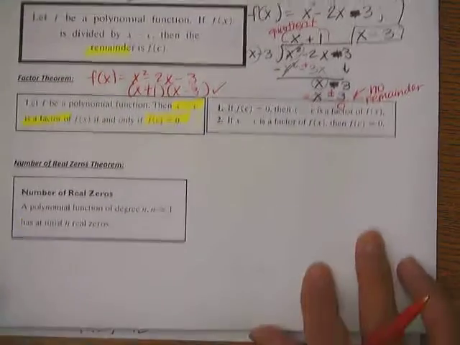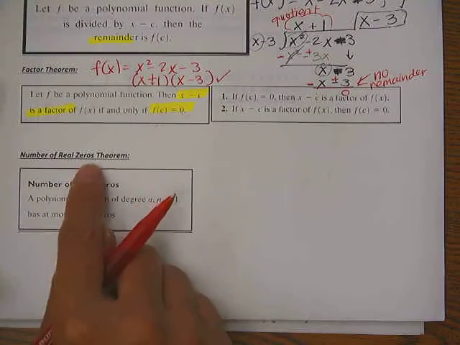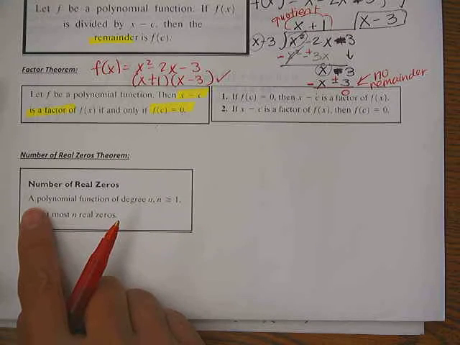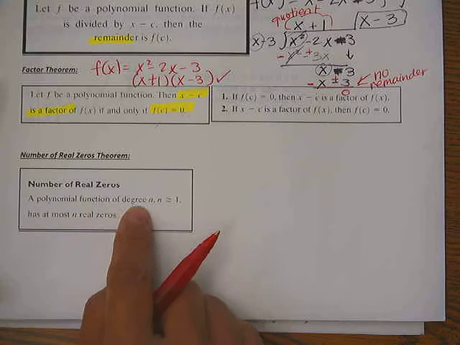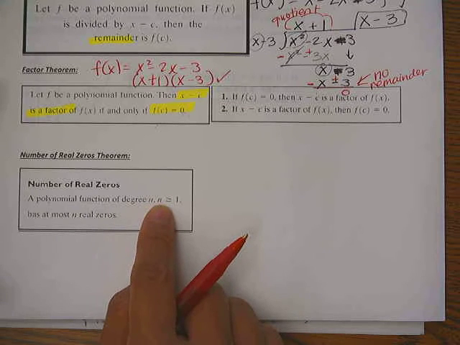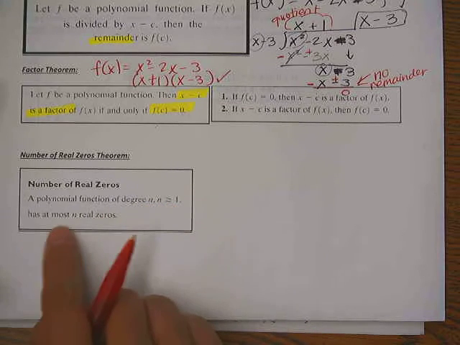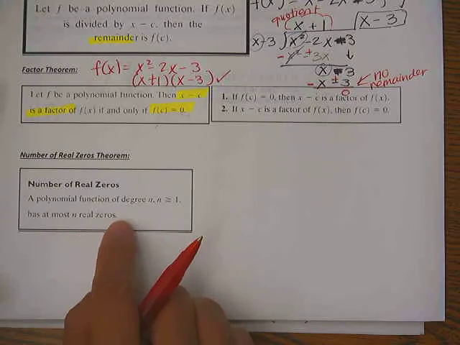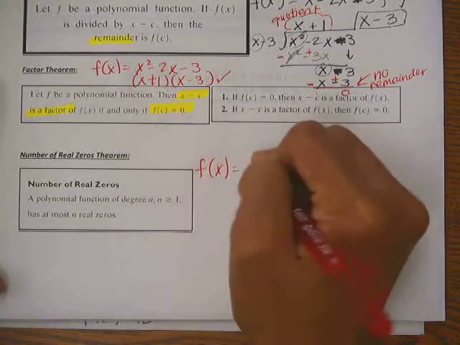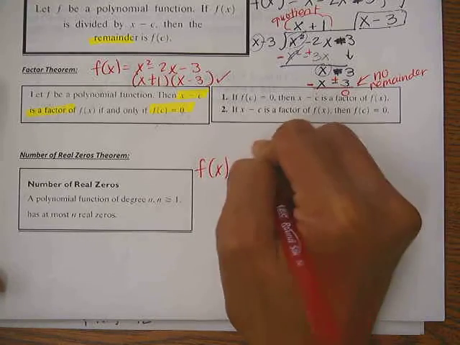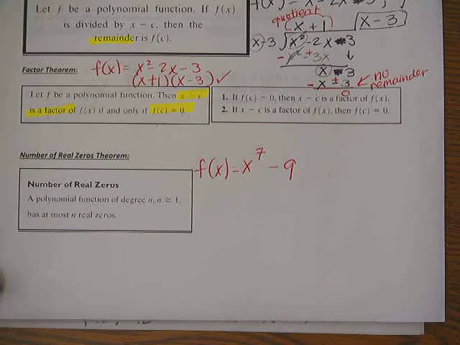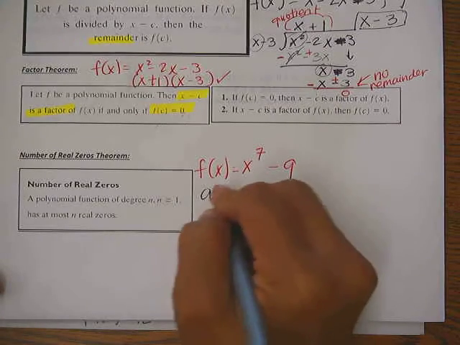Next one. Number of real zeros theorem. Okay, this means, let's read it, a polynomial function of a degree, something called n, if n is greater than or equal to 1, has at most n real zeros. So let's talk about this. F of x equals, let's do x to the 7th. I'm just kind of making up some numbers, okay? This means I have at most